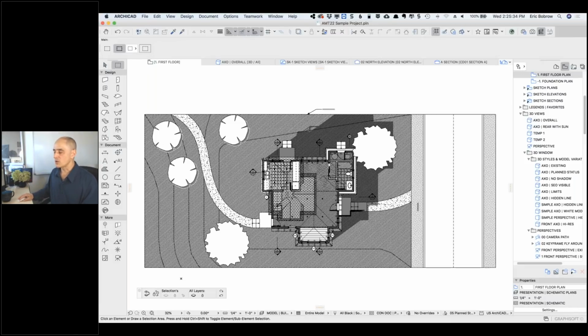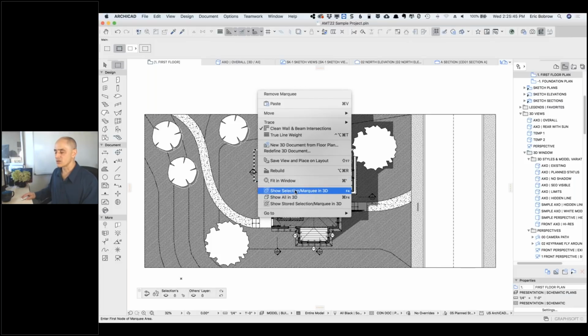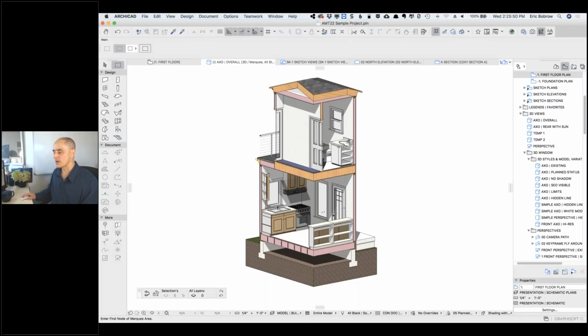Now, if I go to the marquee tool and I draw a marquee, you can see the marquee is indicating an area on plan. And if I now go and say show the selection or the marquee in 3D, we're going to see this cutaway. Now this cutaway is great. It's very easy to get exactly what you want